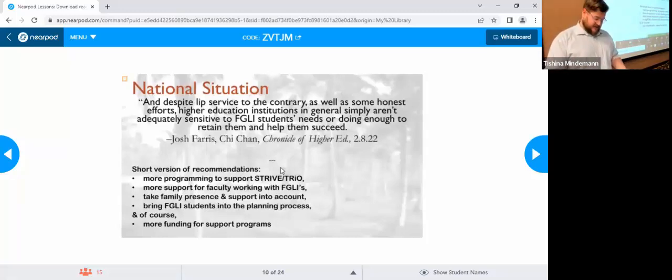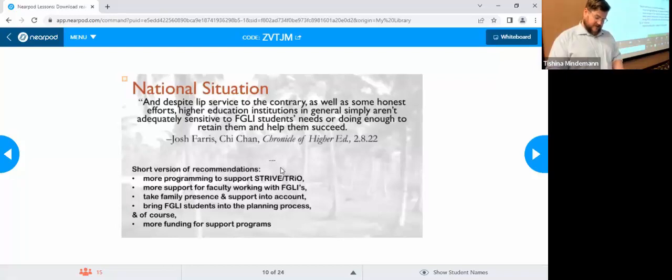New research by the Pell Institute for the Study of Opportunity in Education and the University of Pennsylvania shows that FGLI students generally struggle in meeting academic standards, gaining a sense of belonging, and acquiring the skills necessary for life both during and after college. And despite lip service to the contrary, as well as some honest efforts, higher education institutions in general simply aren't adequately sensitive to FGLI students' needs or doing enough to retain them and help them succeed.